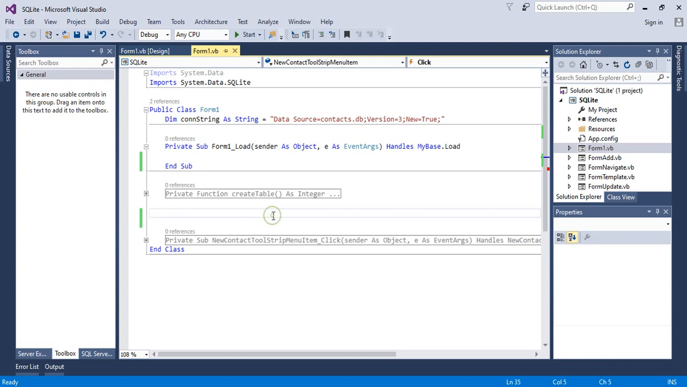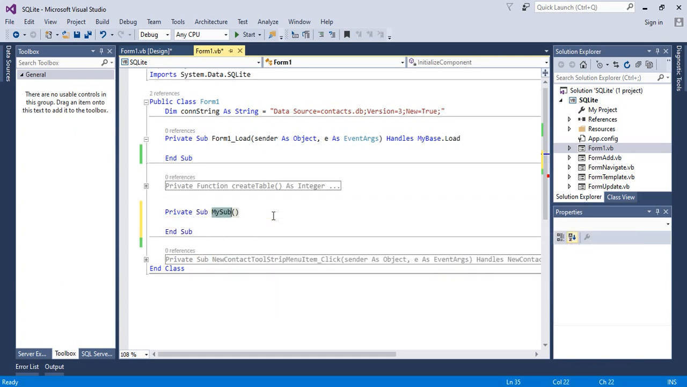So I will create a function. I will say private sub, actually it's supposed to be a sub, and I will call it LoadGrid, and this is where I will specify the code that will load the information from the SQLite contacts database and display it on the grid. And one of the things that we need to do, we will create a new data